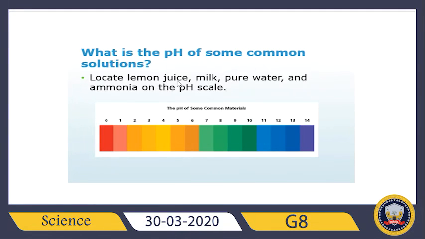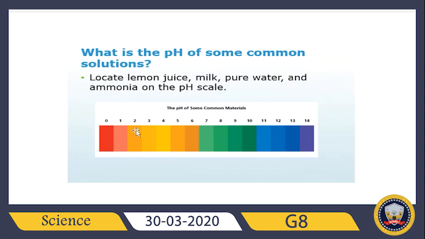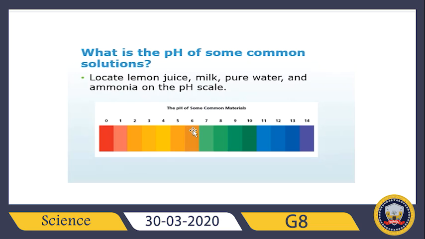Locate lemon juice, milk, pure water, and ammonia on the pH scale. As we said, lemon juice, for example, let's go back to the previous slide. The pH value of lemon juice is 2, so lemon juice will be here, guys. Okay, it will have the orange color. Okay, so what about the milk, guys? Remember, milk has a pH of about 6.5, so as you can see here, the lemon juice is more